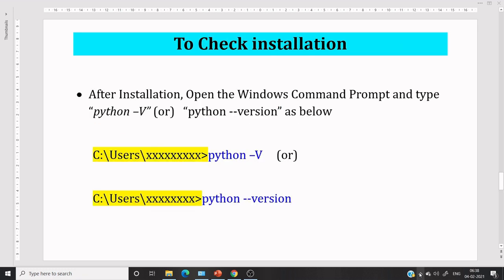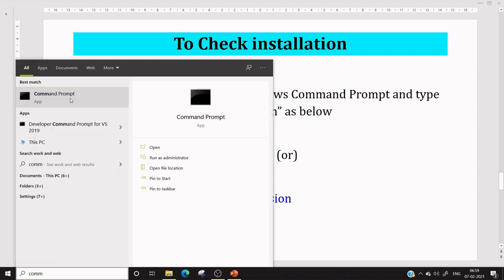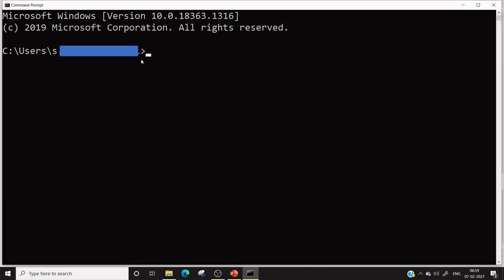Now we could check whether it is properly installed or not. For that, open the Windows command prompt and type python -V or python --version. In the search bar, type command prompt, click this one. In the command prompt, type python hyphen capital V, give enter.